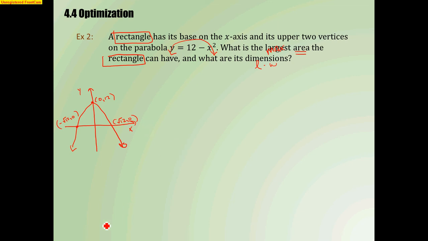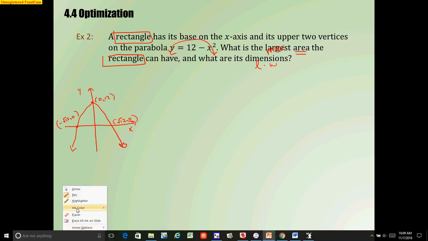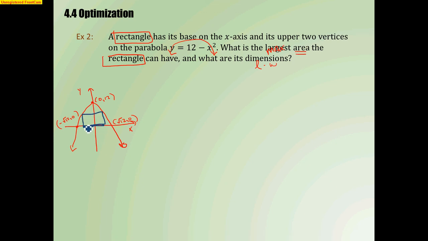Then I'm going to draw a possible rectangle. So the base is on the x-axis and the upper 2 vertices are on the parabola. So there's my base and here's the 2 vertices. Now say to yourself, why would they tell me that the vertices are on the parabola? Notice this is the origin. So if this distance is x,